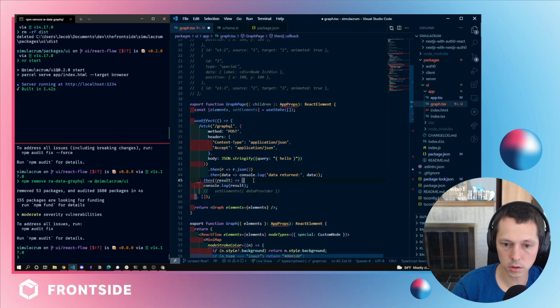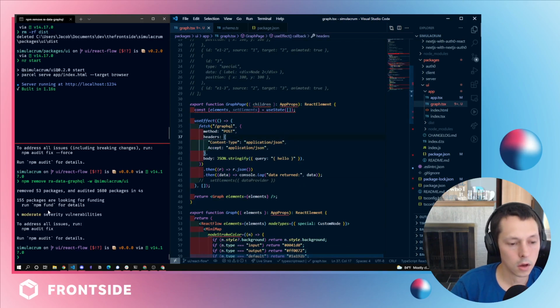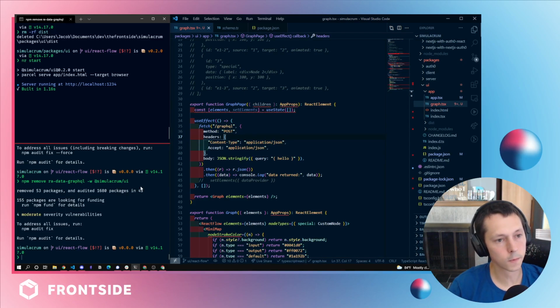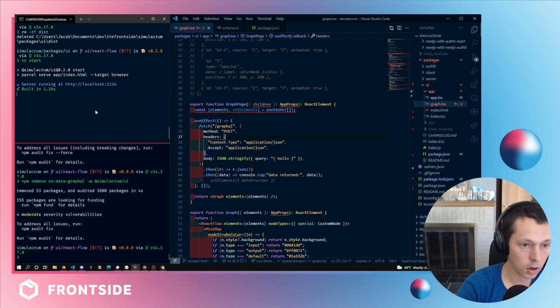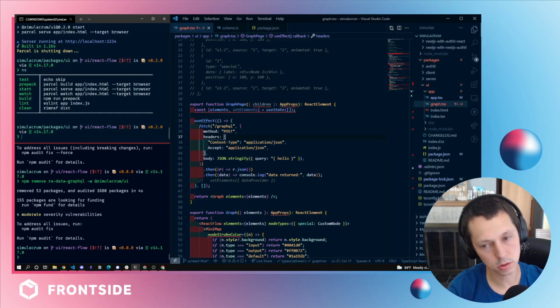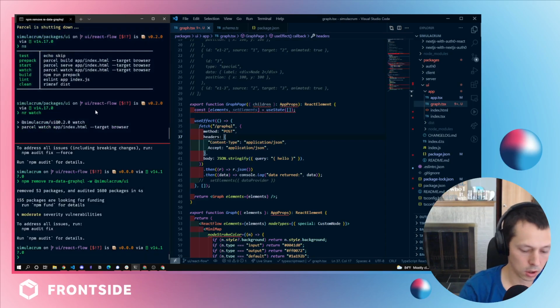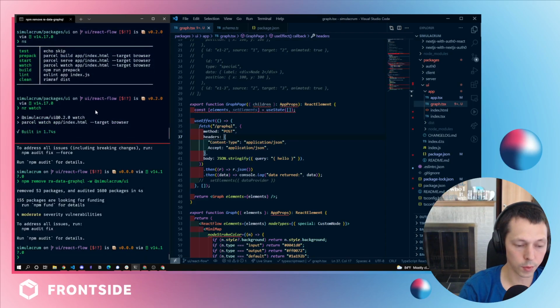I don't want that, I don't want that, I don't want that, and that can stay. Okay, so we're gonna switch this to watch, because the Simulacrum server starts up and uses the UI. So if we set this to do watch, it's going to build every time we make a change. And then in the root, what we can do is